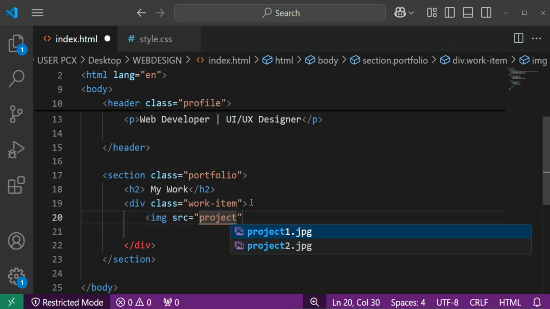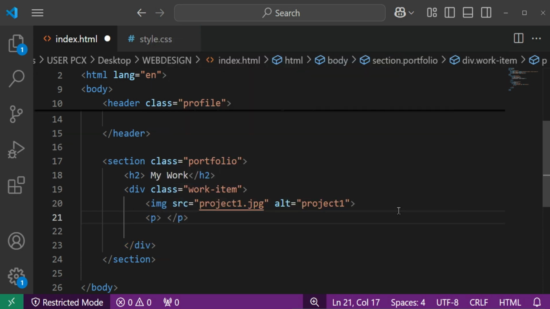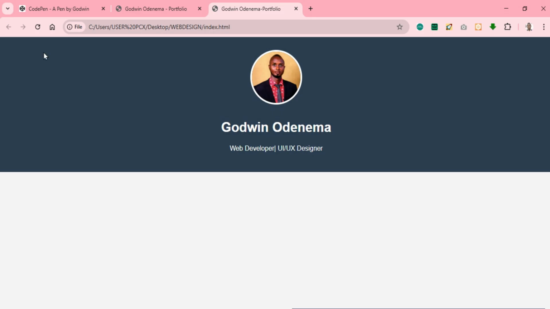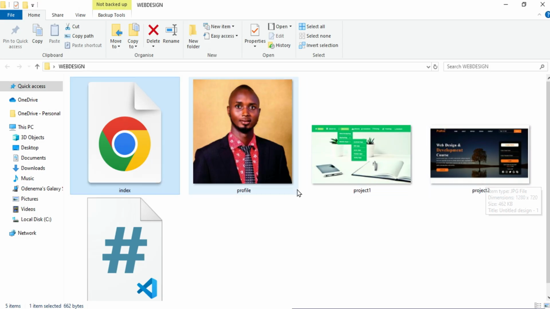we're bringing an image here. The name of the image is project1.jpg. I'm giving an alt so that in case that one does not display, it should display project1. So I bring the paragraph. What should be displayed is HTML&CSS website 1. So save and refresh. You can see we have brought our image from our